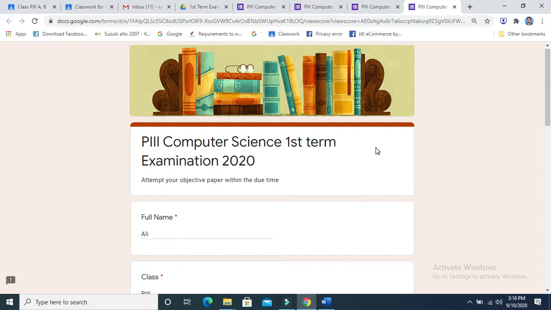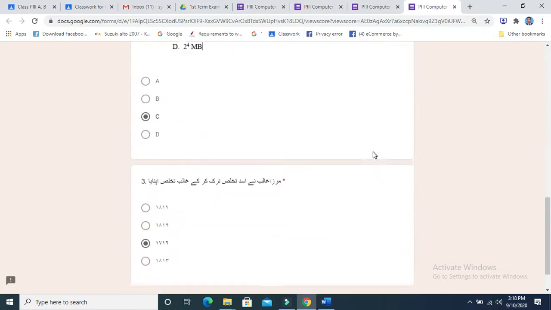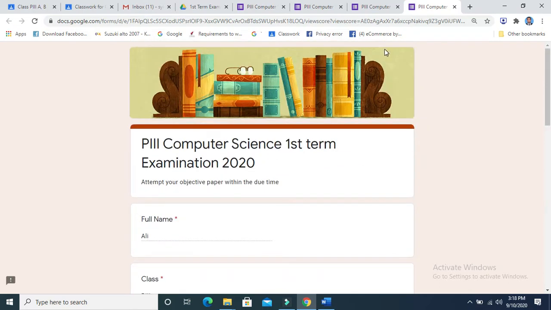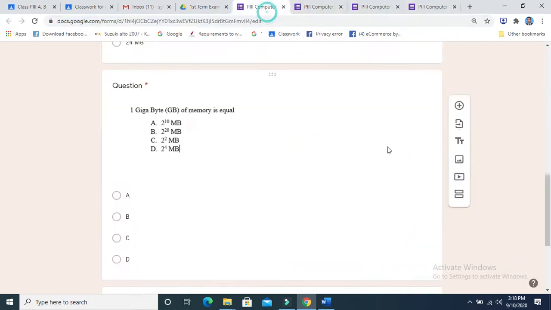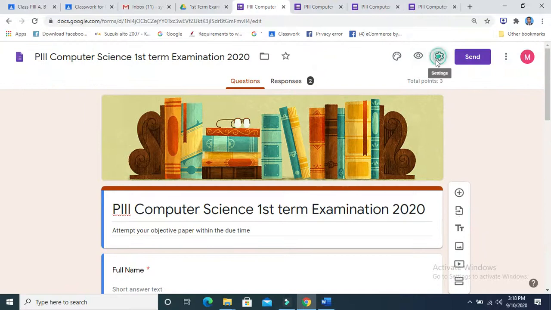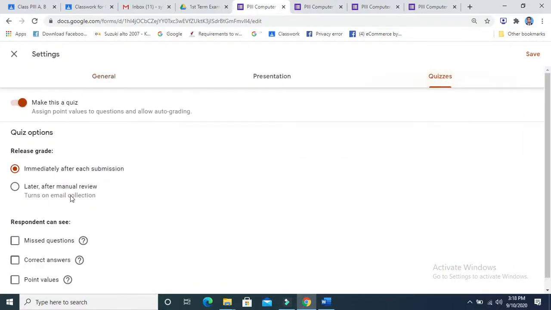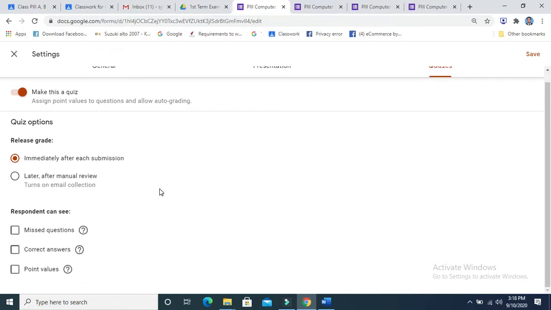Acha, check accuracy is basically this option where the student is watching his work, what he has submitted. So there would be some option in the settings for this purpose as well.